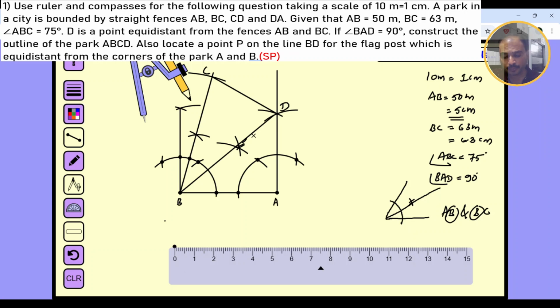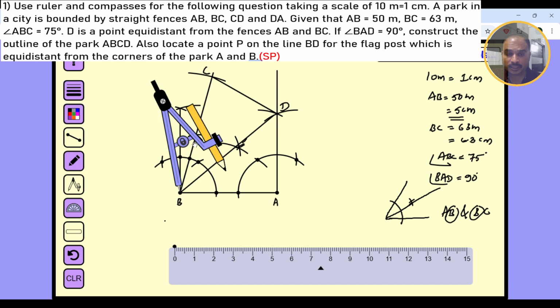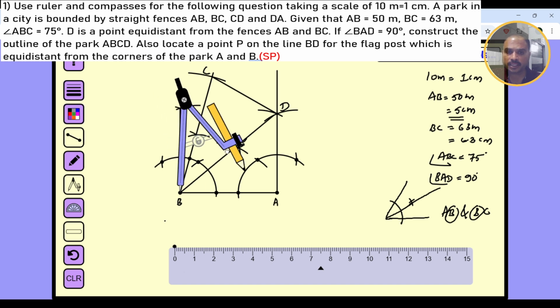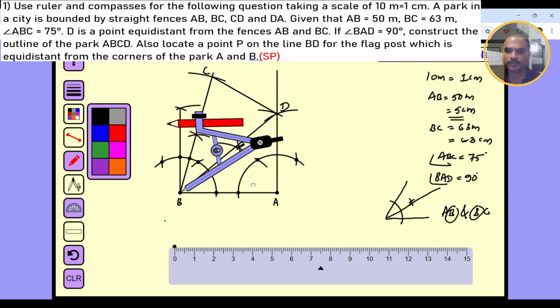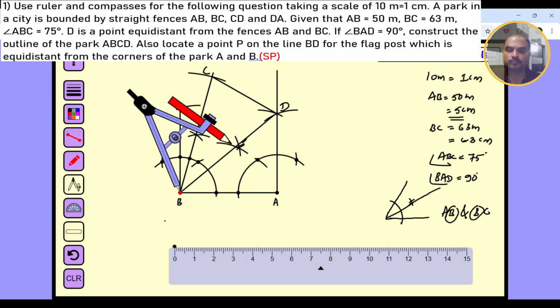Also locate point P on the line BD, for the flag post which is equidistant from the corners A and B. So now I need to draw the locus of the point which is equidistant from B and A. So I told you, whenever I want to draw the locus of the point equidistant from two points, I need to draw the perpendicular bisector of that. I'll take different colors so that it will be easy for you. Take more than half, then draw the perpendicular bisector